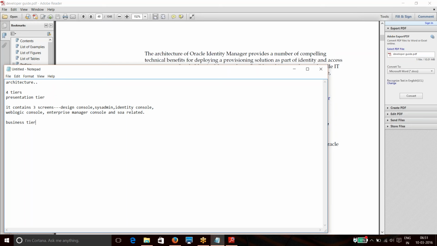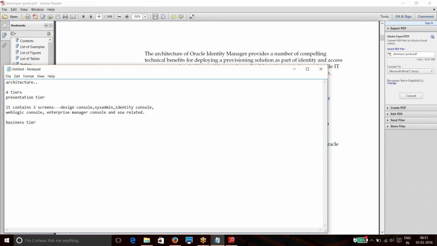While configuring, after installing, we need to create a domain and all. At that time, it will deploy; we won't do it manually, but on-screen instructions will be there. While clicking next, it will deploy all those related JAR files and WAR files onto the WebLogic console. Wherever we are installing OIM for the first time, everywhere it will be the same thing.